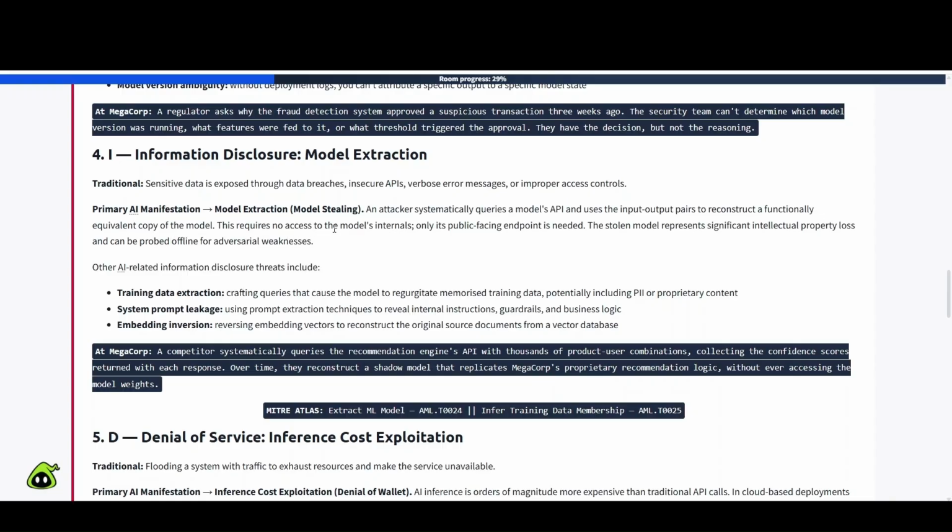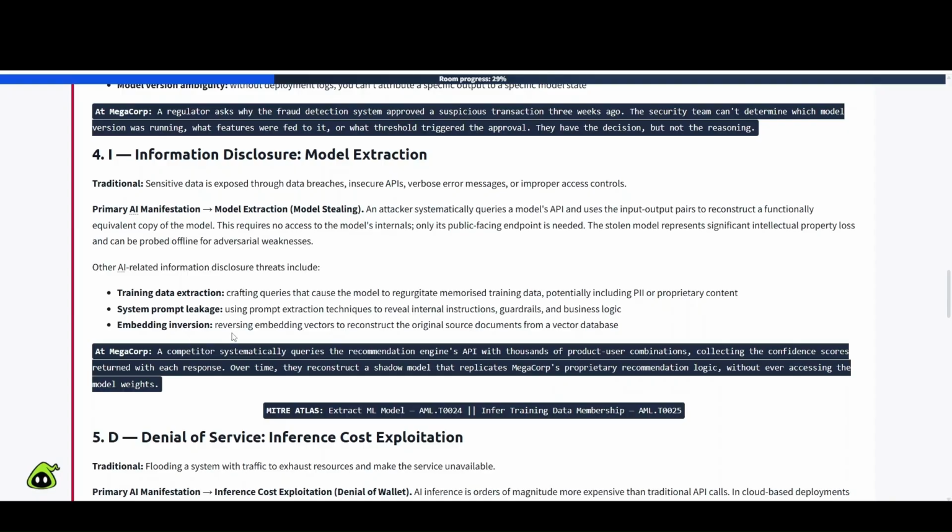This requires no access to the model's internals, only its public-facing endpoint is needed. The stolen model represents significant intellectual property loss and can be probed offline for adversarial weaknesses. Other AI-related information disclosure threats include training data extraction, crafting queries that cause the model to regurgitate memorized training data, potentially including PII or proprietary content, system prompt leakage, using prompt extraction techniques to reveal internal instructions, guardrails, and business